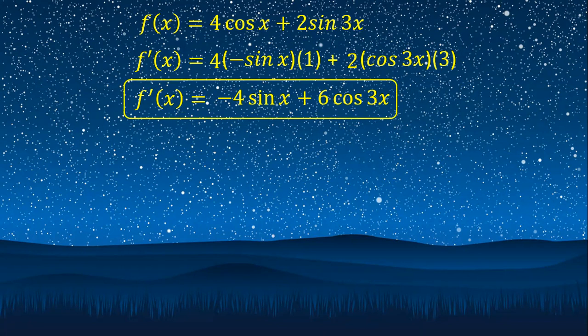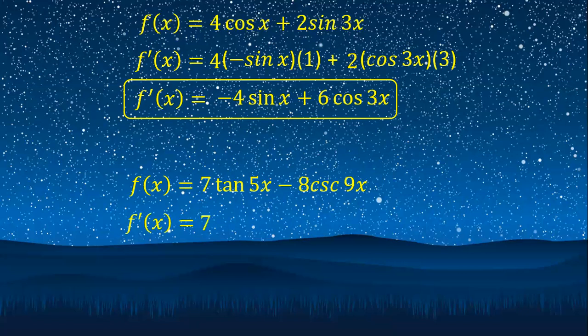Let's have the second example. Our function is 7 tangent 5x minus 8 cosecant 9x. We will do the same: we will derive the functions term by term. Starting with the first term, we have 7 tangent 5x. So copy the coefficient 7. Then the derivative of tangent 5x is secant squared 5x, times the derivative of the algebraic expression 5x, and